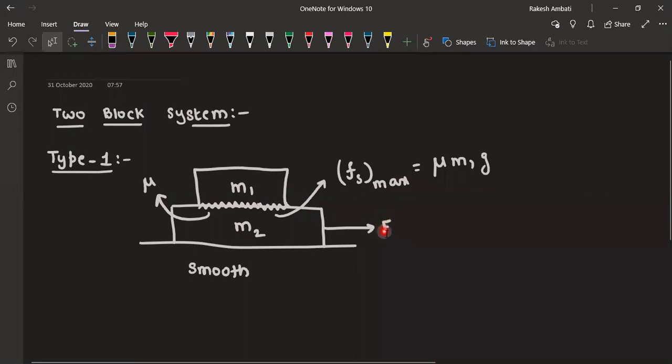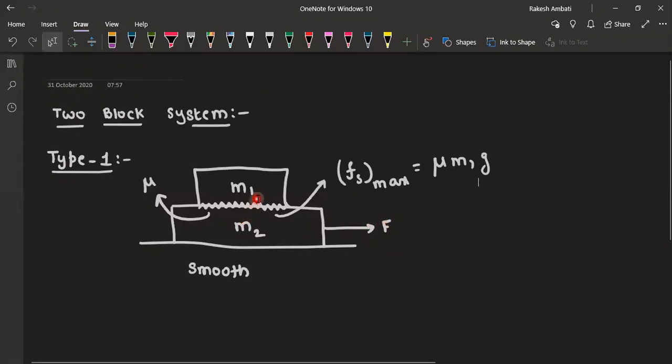For example, we are applying force. If you have any books available, you can do it also. You keep two books one above another. On the bottom book, you are giving applied force. If I'm giving a small amount of applied force on the bottom block, do they move together or not? If I'm giving a particular value of smaller force, the two books are moving together with the same acceleration. If we apply a larger force, then they